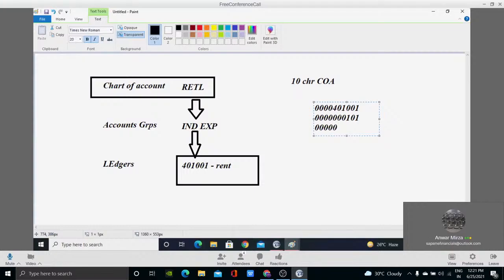Sometimes what happens? This and the other. Now one is 6 characters, another one is 5 characters, another one is 3 characters. Now when it comes to alignment, it goes like a lifeline of EC. Sorry to say that, but these are the blunder mistakes which we usually make when we sit in front of the client to suggest the best solution.